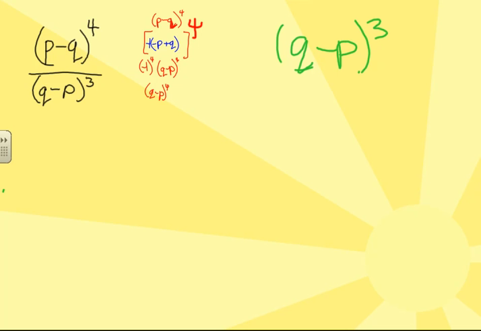I ran out of time in the last video that I was doing. We were finishing reducing this second example of rational expressions. Now I had gone so far as to do the top. I took a negative 1 on the top, and I showed that when you have an even power, 2, 4, 6, 8, 10, any even power, we end up taking a negative 1 out,